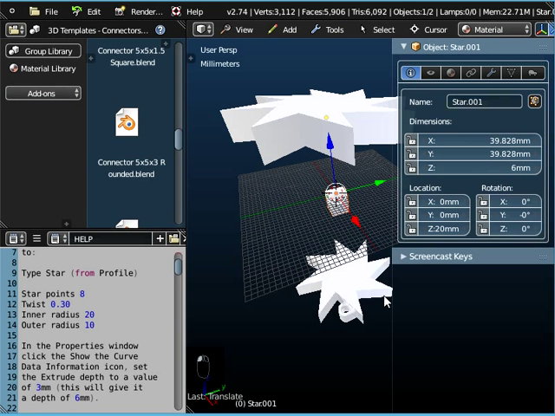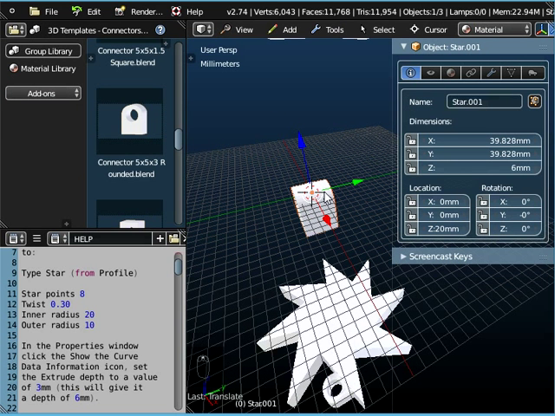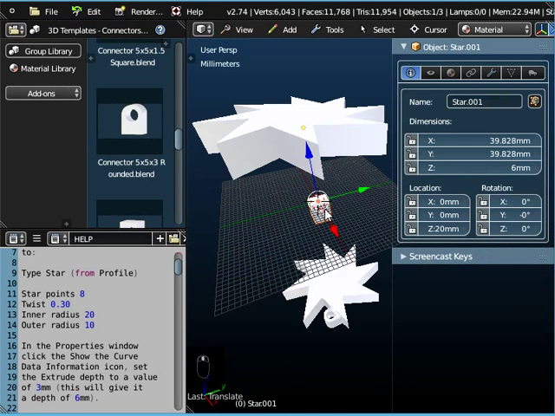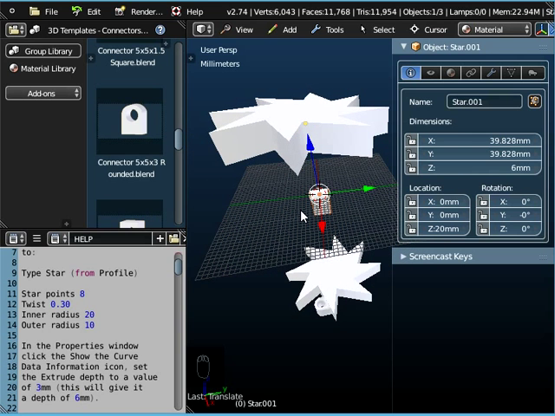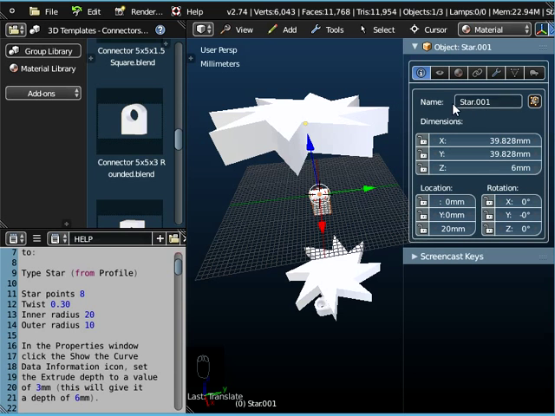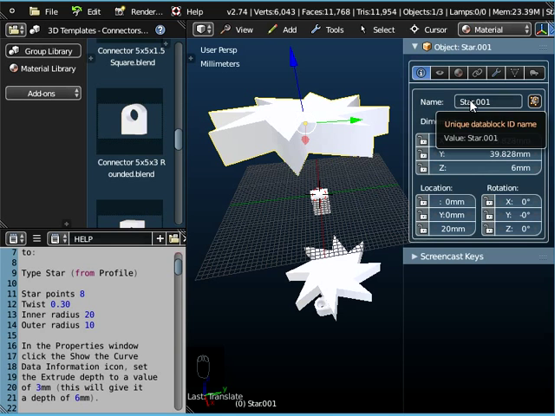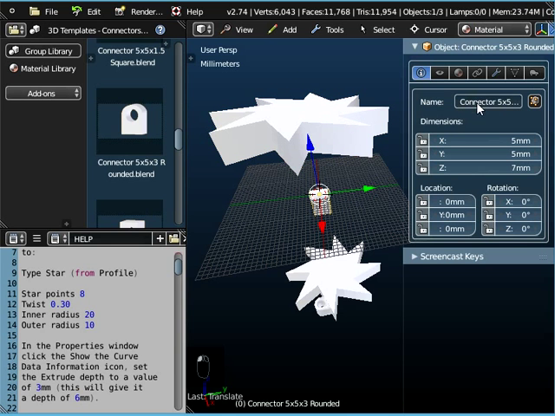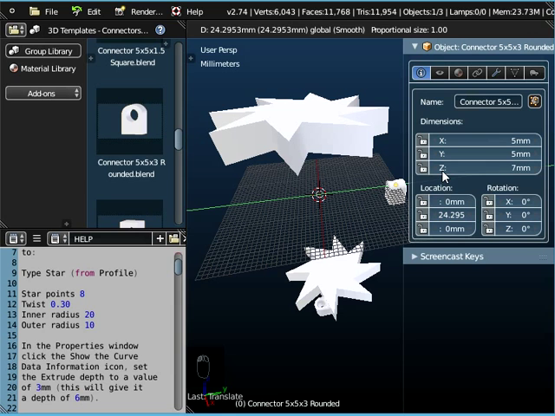So we click Append from Library, and what that's done is it's appended this object from the 3D Templates folder into our current work. Now as I say, I've pulled the star up here because I've been experiencing problems where these two have joined together and I've found it very difficult to move them apart. At the moment, for some reason, star is selected here, even though this object looks like it's selected. So that's the object that's currently selected. If I now click on the connector, and you do need to be clear that it's the connector that you've highlighted, if I just pull that to the right now,